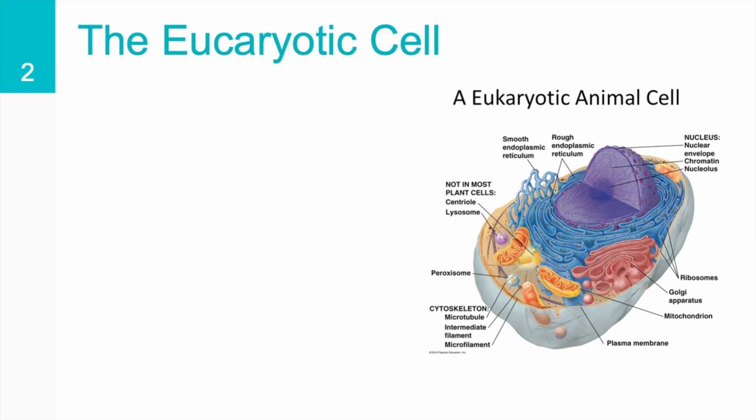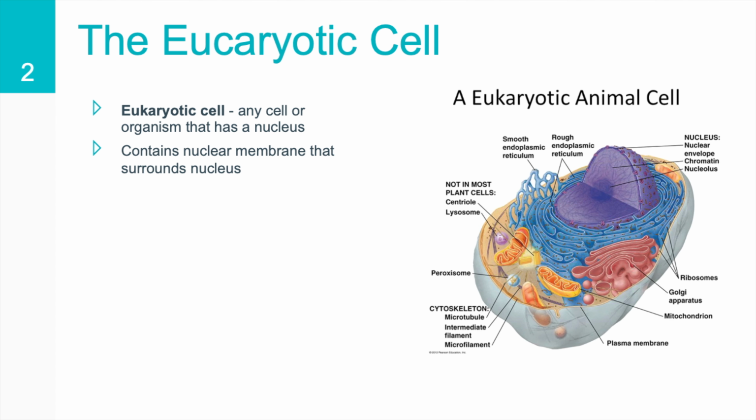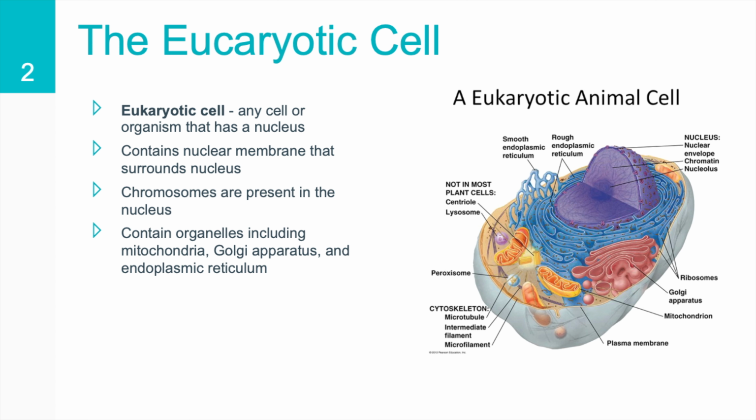The eukaryotic cell. A eukaryotic cell is any cell or organism that has a defined nucleus. It has a nuclear membrane that surrounds the nucleus in which chromosomes are located. Eukaryotic cells contain organelles including mitochondria, which are cellular energy exchangers, a Golgi apparatus, which plays a secretory device role, an endoplasmic reticulum, which is a canal-like system of membranes within the cell, and lysosomes, which are a digestive apparatus